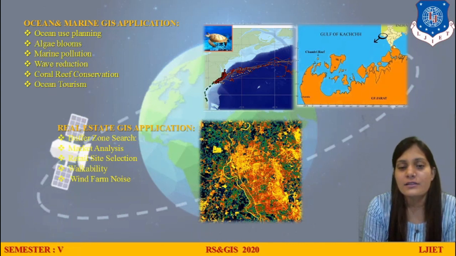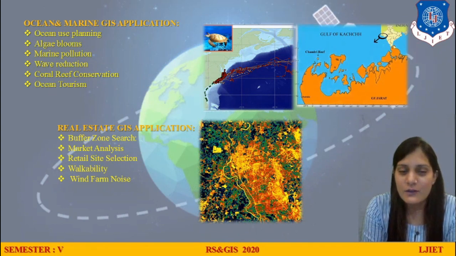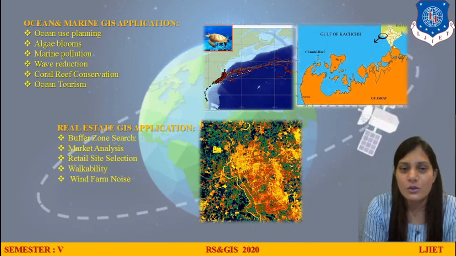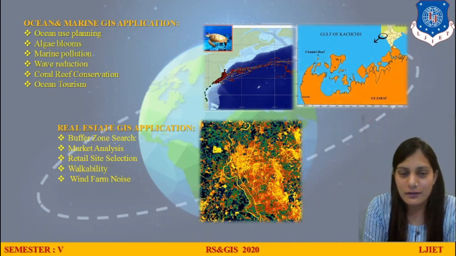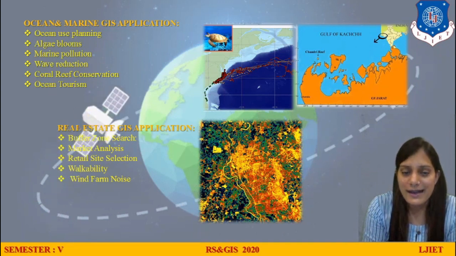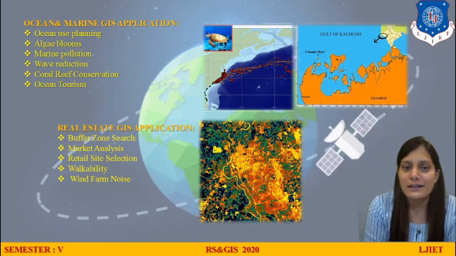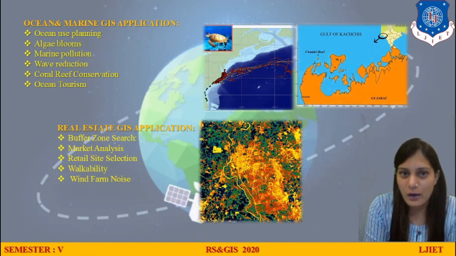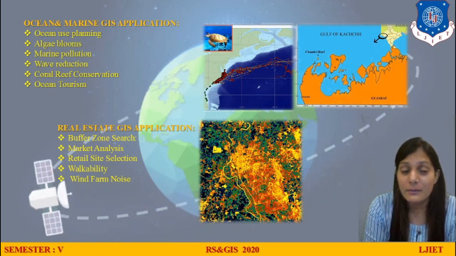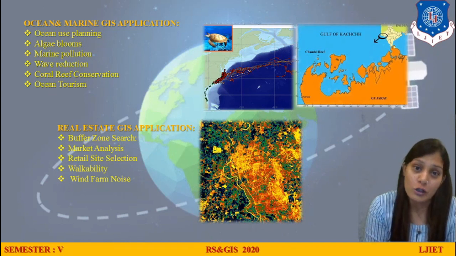Next, you can see real estate GIS application. Yes, these are very useful applications for civil engineers. Now you can see here the image, where the yellow color shows us the urban region. You cannot make it out until you see the interface of GIS. I made this from the satellite image, and I have used a mathematical formula, and you can see the real estate scenario. How can I see that? Right? So buffer zone search, market analysis: which areas people are attracted to, how can I decide, or how can I see that people can come to this area? That is real estate analysis, and that can be easily done because we can get a spatial location and the attribute table also.